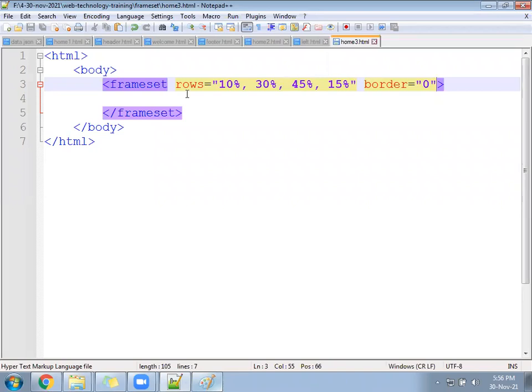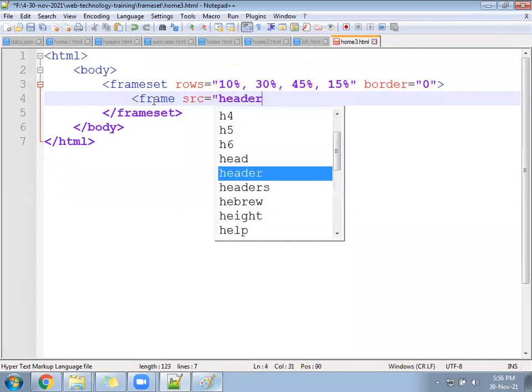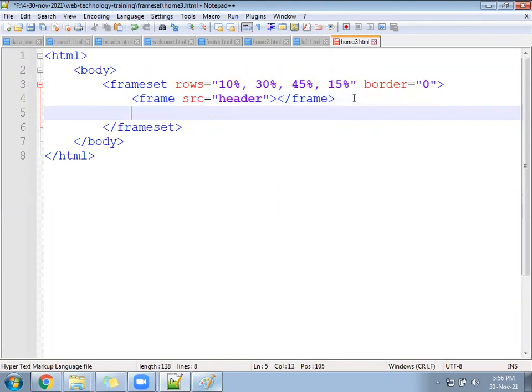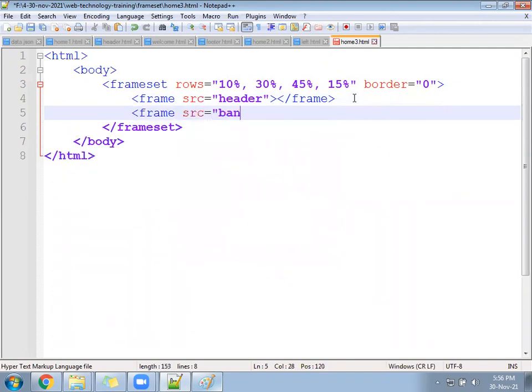Okay, so first frame src: header will come. Second, frame src: give a file called banner.